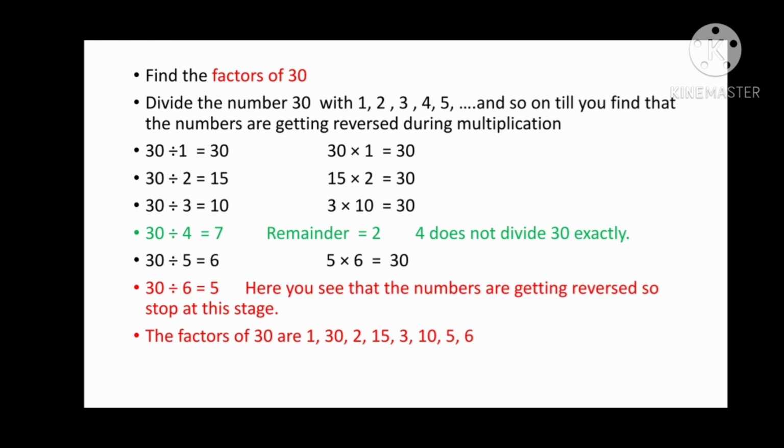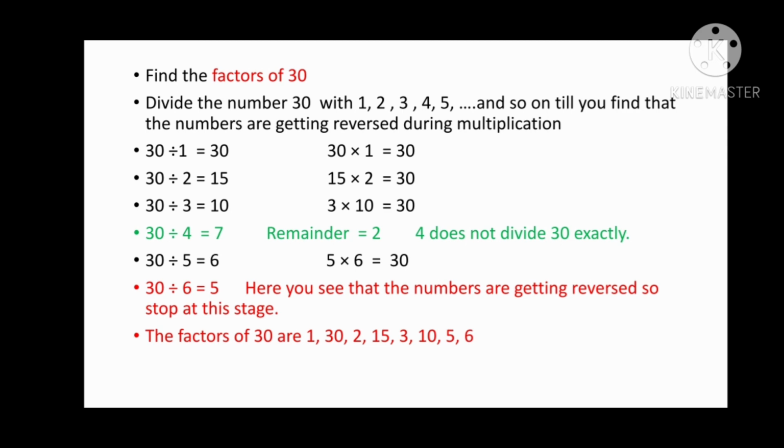The second question is use division to find the factors of. Here you will have to start with 12. 12 is the example. You have to start dividing the number by 1, then 2, then 3, then 4. Like this you will have to find out by division. If remainder is there, that means that is not a factor. Okay. 12 is the first example.